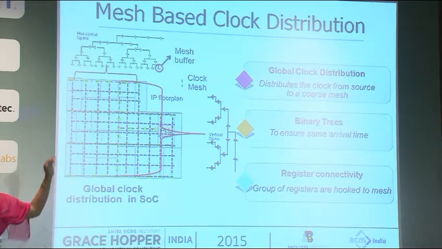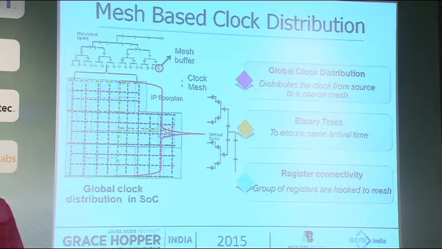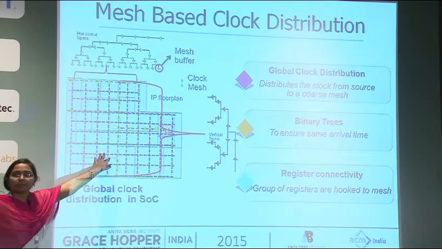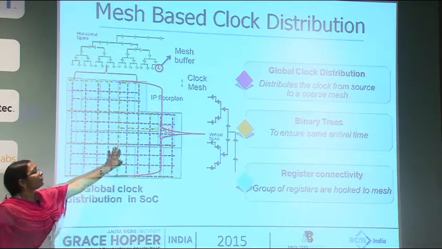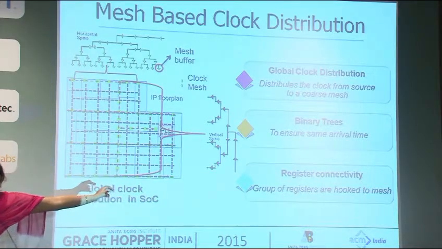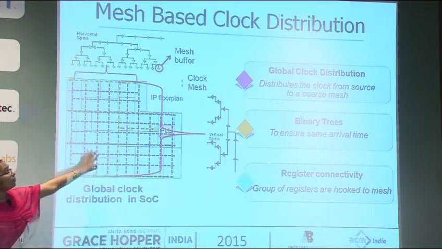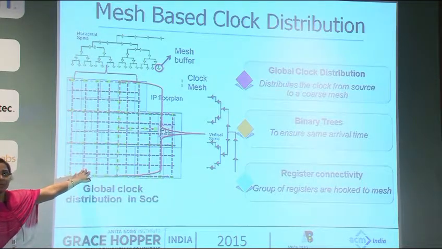From the mesh, MPCTC is used to distribute the clocks, but here I would like to concentrate more on the pre-mesh distribution of the clocks, generally called global distribution of the clock. The distribution after the mesh is generally local distribution. Our presentation is mainly concentrating on the global distribution of the clock.